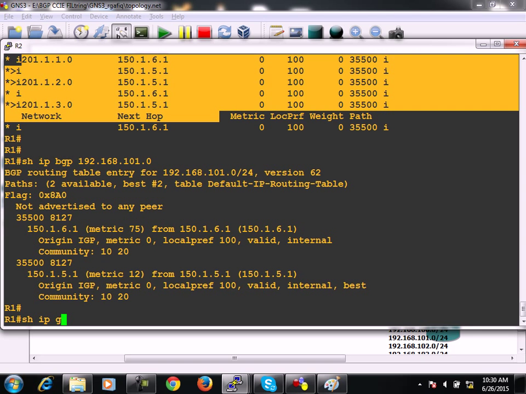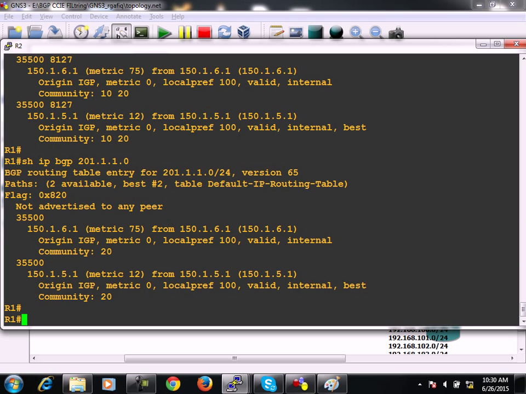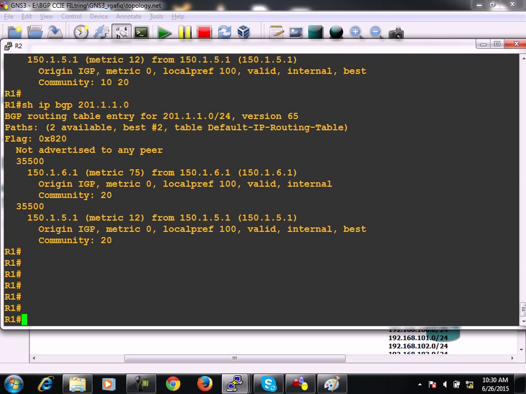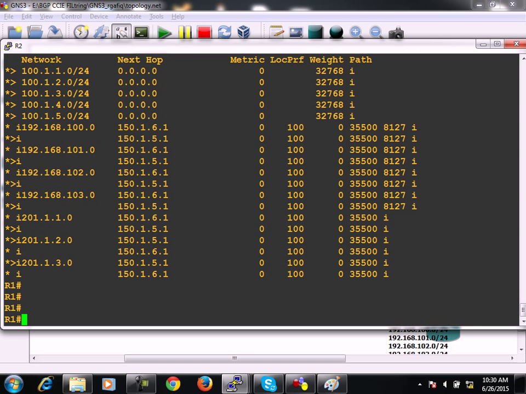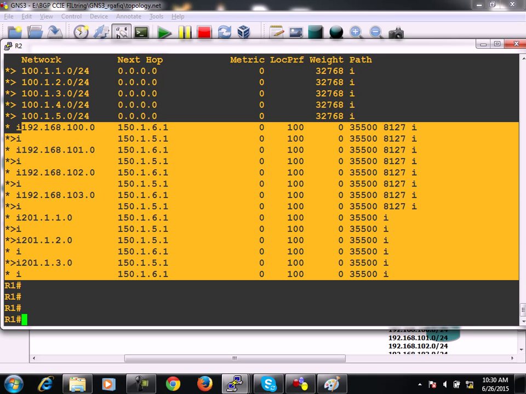Show ip bgp. For 201.1.0, only 20 is there because they are not advertised from the New York router. Now here for all prefixes its best path is via, see, whether it is 192 or 200 series prefixes, for all prefixes its best path is via